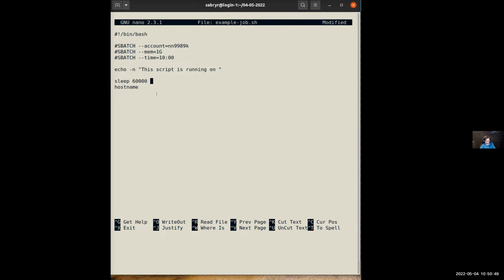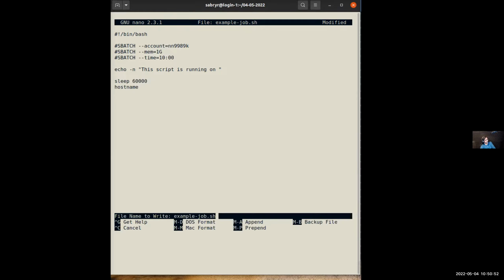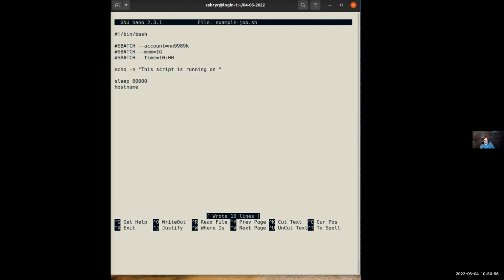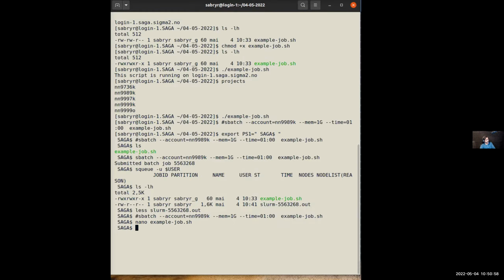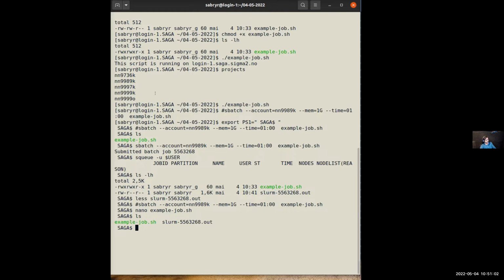So then I'm going to save this file with Control-O this time, without doing the Control-X exit, and say yes to save it, and Control-X. Now I'm going to use the ls command to see that there's already one batch script there.